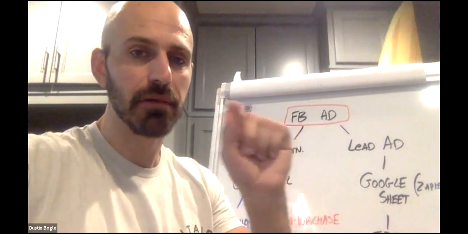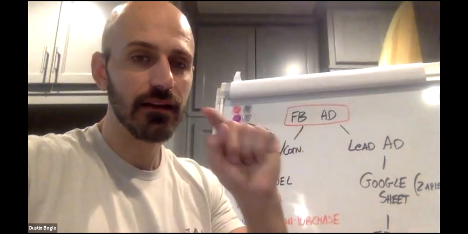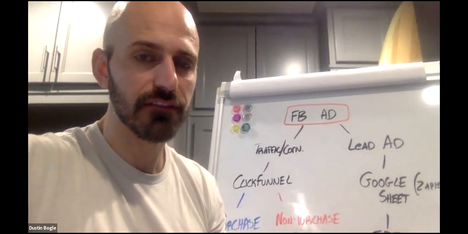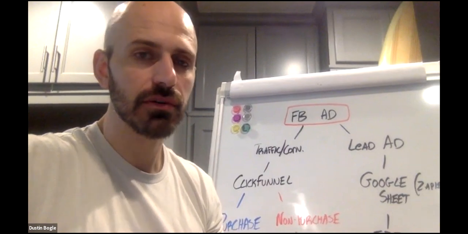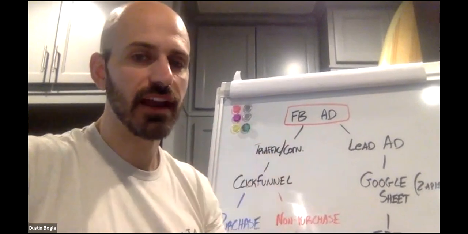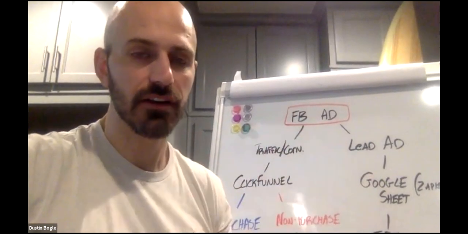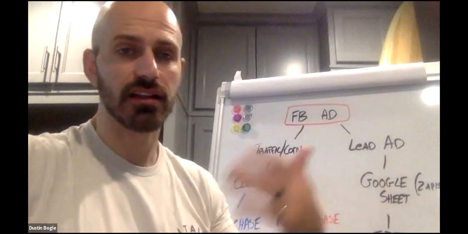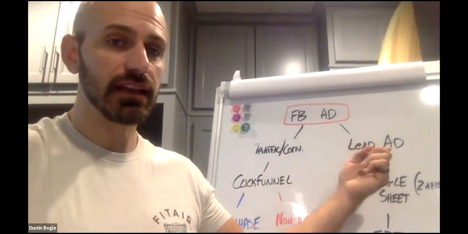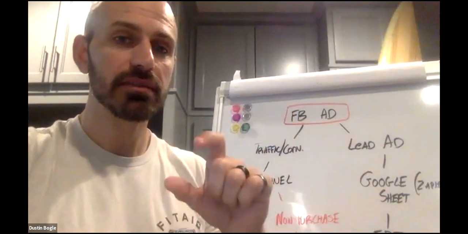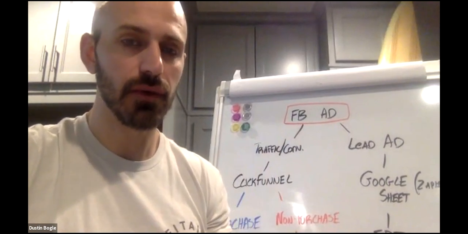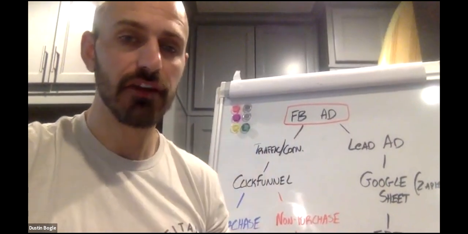You say, if people click my button, send them to this website, and that is going to be your ClickFunnels link. When you open up the ClickFunnels page that you're sending people to, there's a URL, and you just copy that and paste it into your traffic ad, and that's where it'll start sending traffic. So think of it as volume. You're going to get lots and lots of volume going to this website. You could make your own version of a lead ad by saying, send them to this website. Then once they get there, there's an offer to enter for a 6-month giveaway, and then they hit their button and they've opted in.